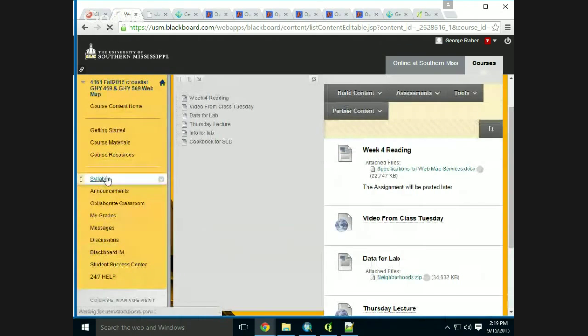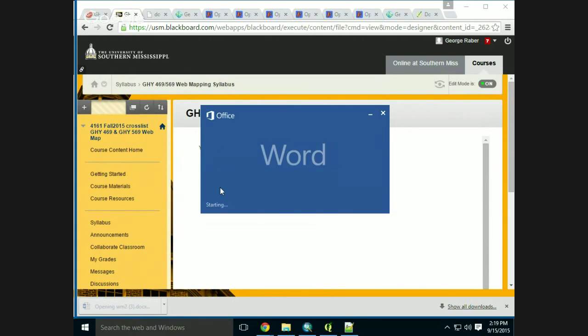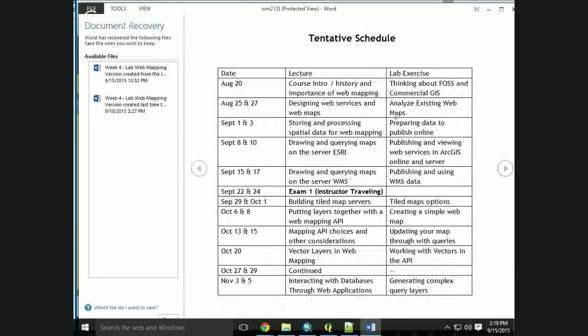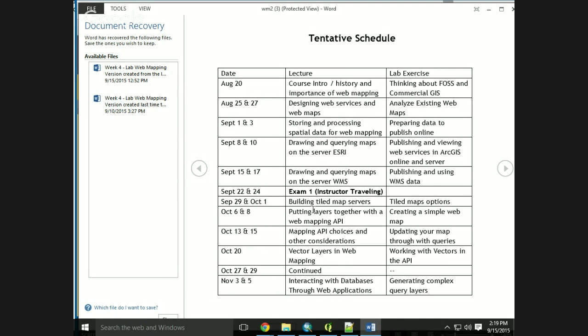under syllabus. And by the way, I need to make a change here real quick. Yeah, so remember that I thought I uploaded a different copy, but I'm not traveling when we get back. So, and I did say that what we're going to do is move the exam back. I haven't updated this. I thought I did, but I guess I didn't. The exam will not be